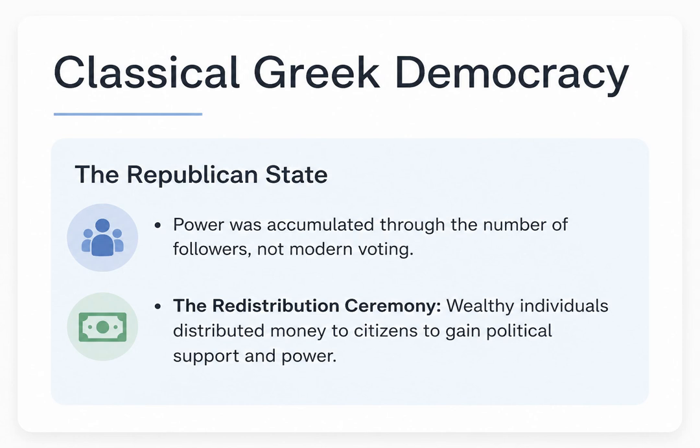Today, we vote in elections. In classical Greece, political power was accumulated based on the sheer number of followers you had. To get followers, ambitious men would accumulate massive wealth through trade or force. They would then stand on a podium and literally give that wealth away to the public in what was called a redistribution ceremony. If you promised $10,000 to anyone who supported you, you gained followers, and through them, you gained